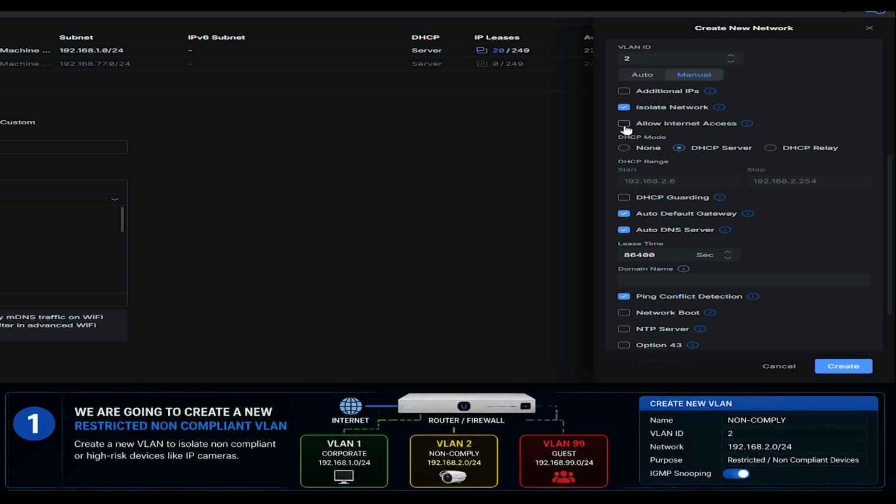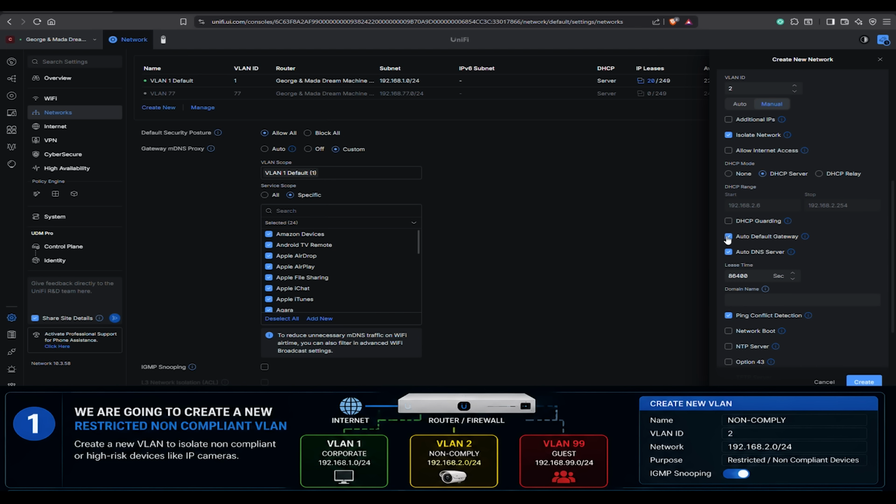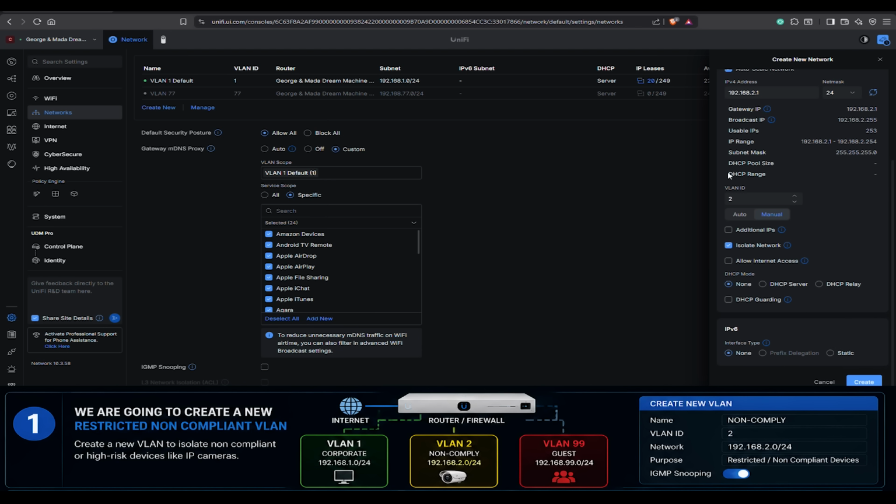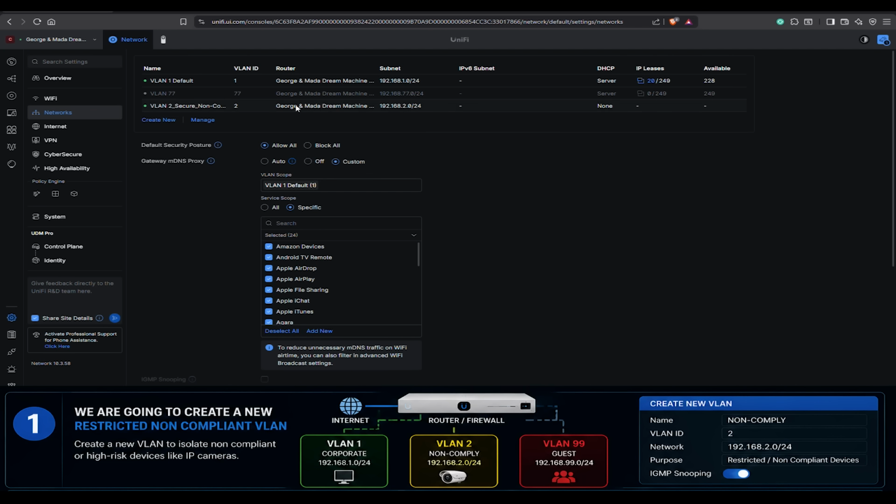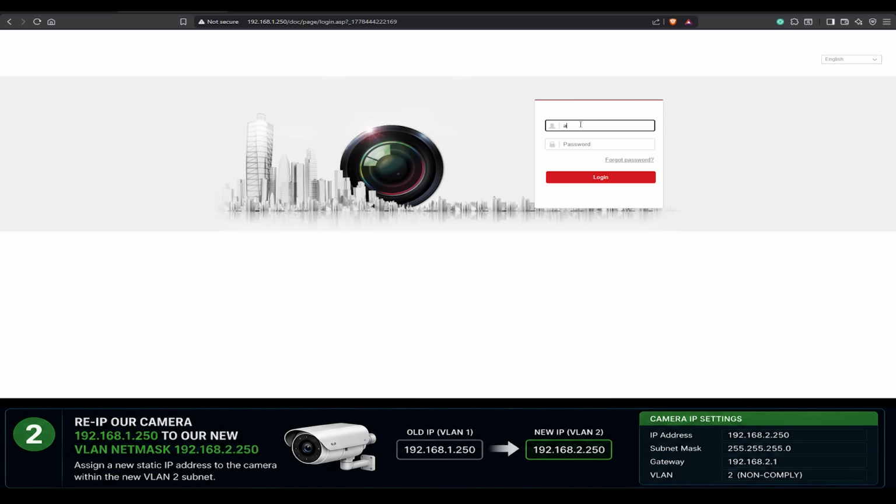Disable allow internet access since we are trying to achieve maximum isolation. Disable DHCP server since the best practice for IP cameras is to issue a static IP address. Then select Create. Now that we have our VLAN created, we will re-IP our test camera from our PC currently